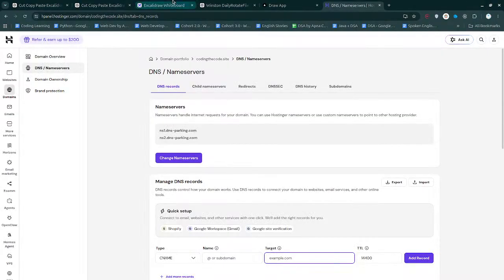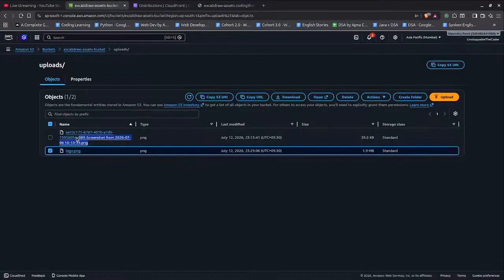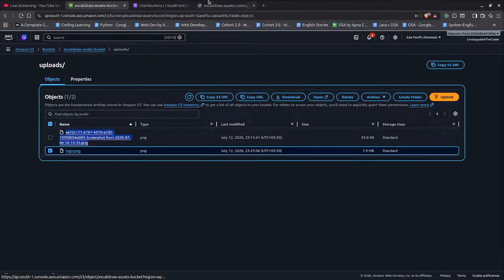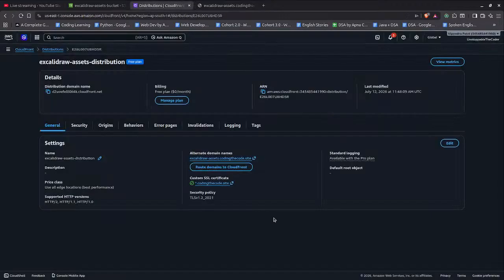So even if I go with the previous one here, we have two files. This is the second one. If I just simply paste it here, we are getting the same. Great, at least we are getting the response back. And when it comes to access denied,